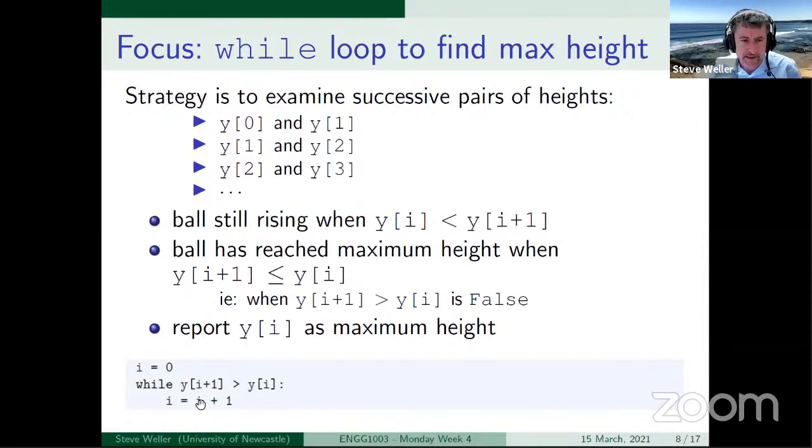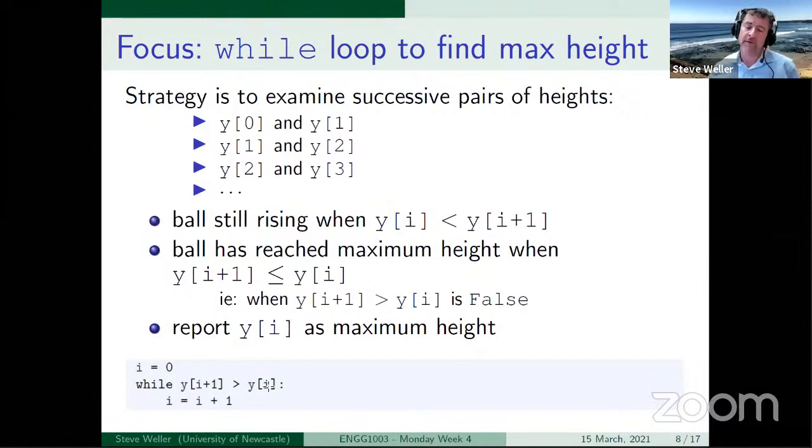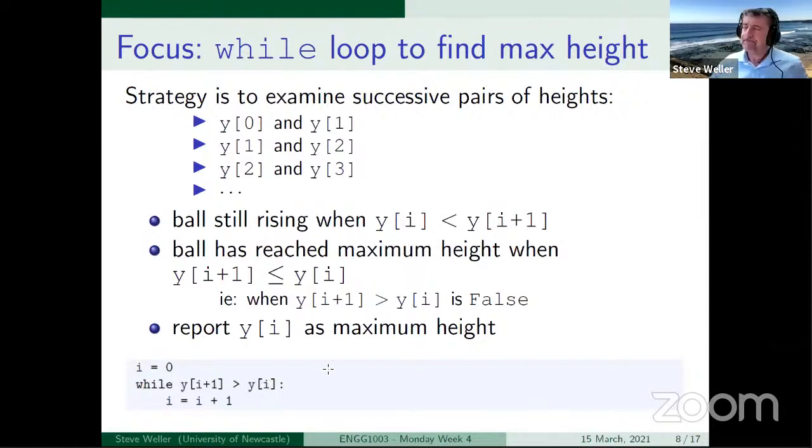And then I had to really check that this condition here was satisfied, when Y[i+1] greater than Y[i] is characterized as the ball rising. And when it's not true, we've found the maximum and we can process it. This was probably the first case in this course where this code was an example in lectures that would really require careful verification that the solution was actually finding the correct maximum height.